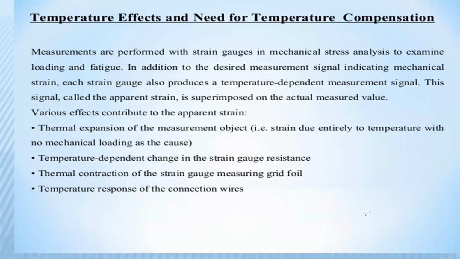You can see various effects contribute to the apparent strain. Thermal expansion of the measurement object. Suppose the strain gauge is placed in some thermal areas. That means with those strain gauges we calculate the temperature or any type of thermal expansions, in cooling or heating areas. We should calculate that strain, that is the thermal expansion of the measurement object, so that amount of temperature falls on the strain gauge,